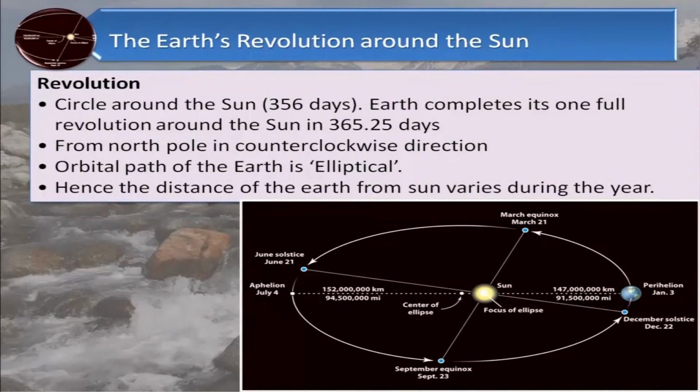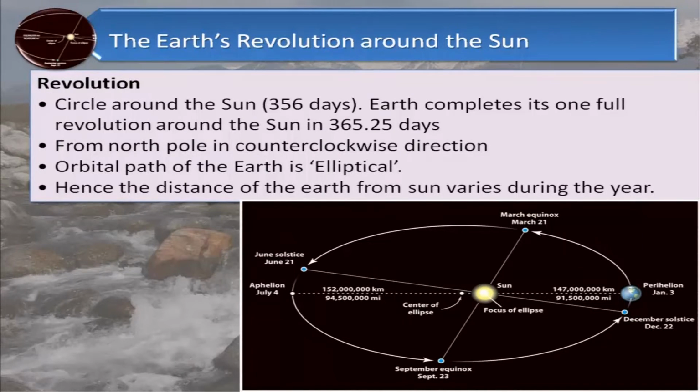Further, the Earth's circle around the Sun: the Earth completes one full revolution around the Sun in 365.25 days, and that is how the month of February has been calculated, as it is a quarter day off, adding up to one day in some years. The revolution is from the North Pole in a counterclockwise direction, not clockwise, and the orbit in which it travels is elliptical, not a complete circle,